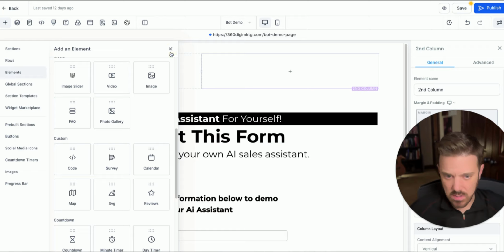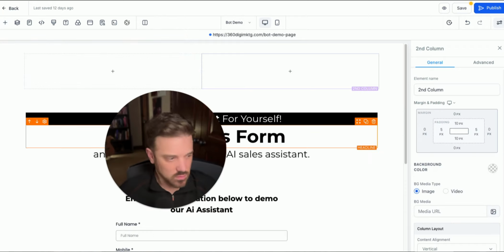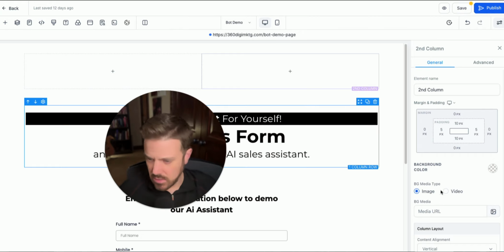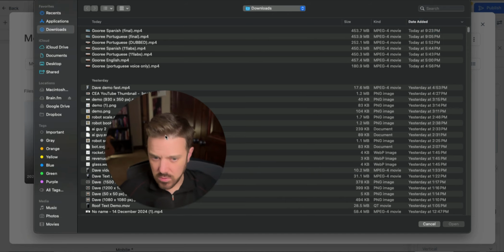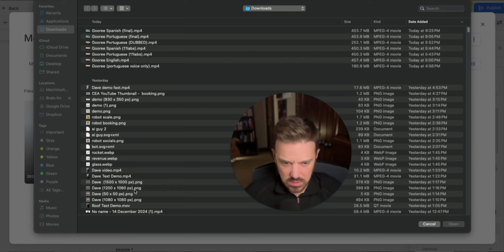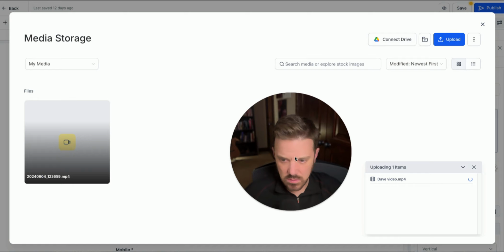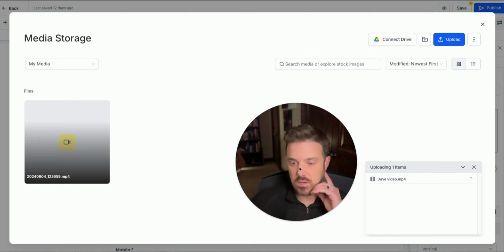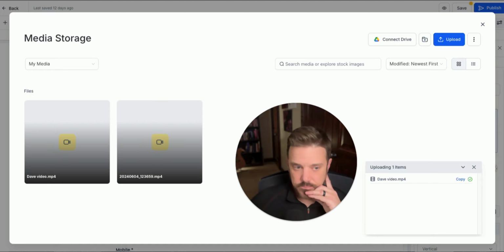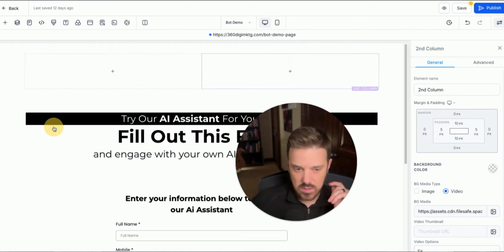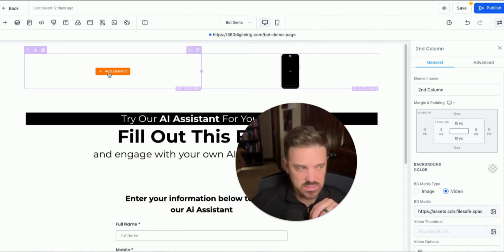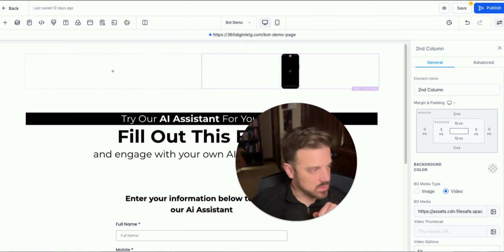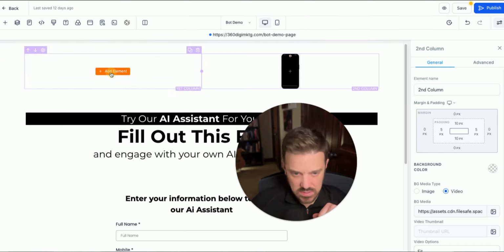So actually, I'm not going to add it like this because I want it as a vertical video. Okay, and I'm going to go video. We're going to upload this video. I'm going to find my Dave video. Open. We're going to upload this video here. Just give it a minute. Okay, we got it. Double click. Awesome. And now on this side, we're going to just have some basic,